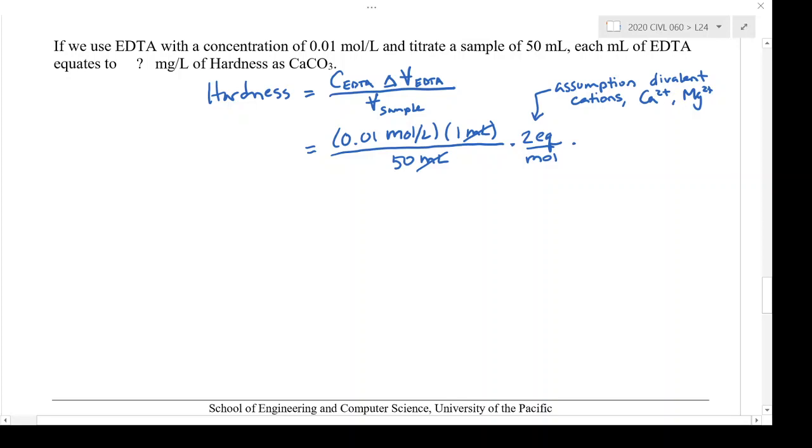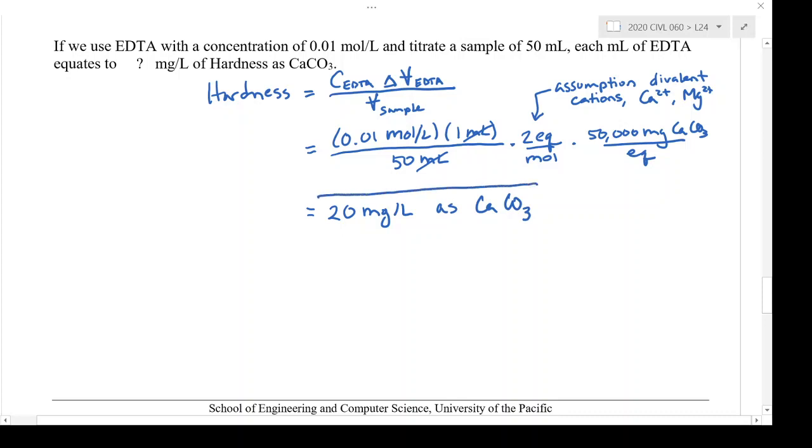And then I'm going to multiply this by 50,000 milligrams of calcium carbonate per equivalent, which is the equivalent weight of calcium carbonate. And this gives me my answer in 20 milligrams per liter as CaCO3,